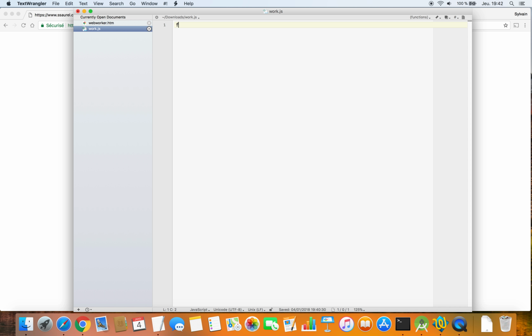First, we are going to create the JavaScript file for our web worker. It is named work.js. For our tutorial, we will use an iterative version of the Fibonacci calculating algorithm. If n is lower or equal to 1, we return n.